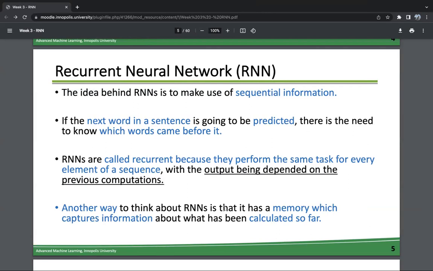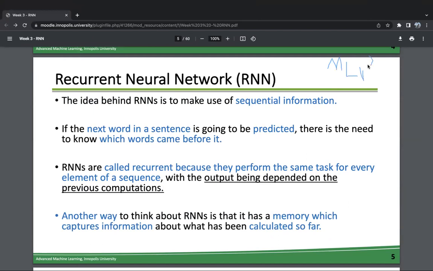Another way to think of an RNN is that it has a memory which captures information about what has been calculated so far. We can think of it as a simple multi-layer perceptron that contains one very important thing, which is a hidden state. So let's imagine, for example, we have x1, x2,